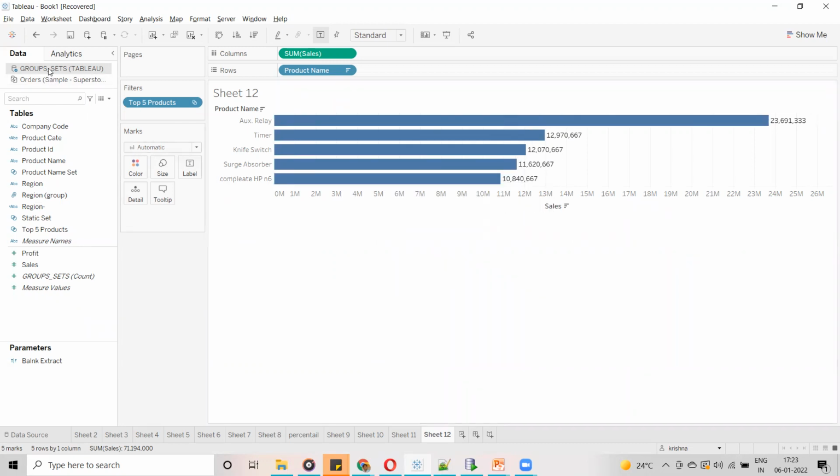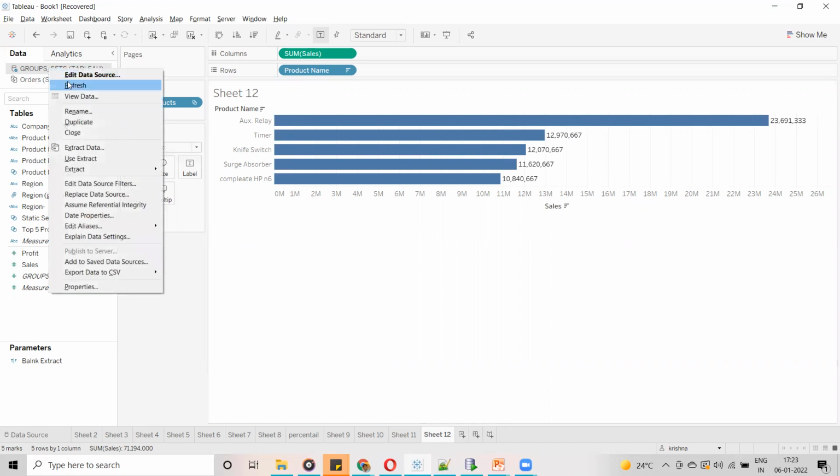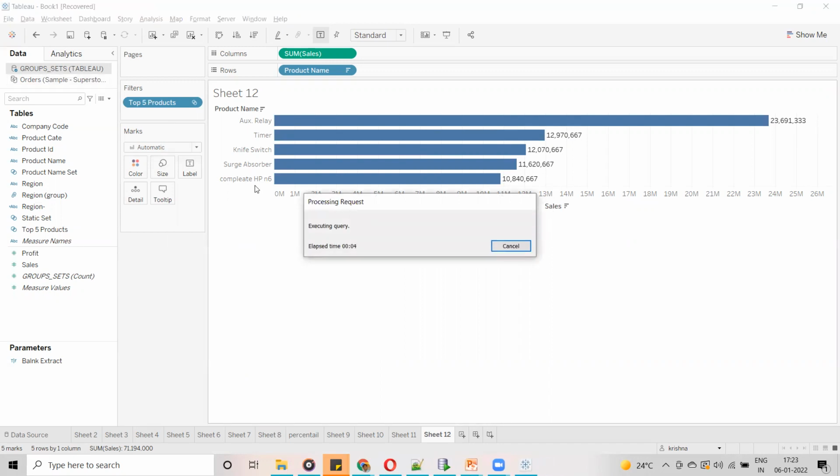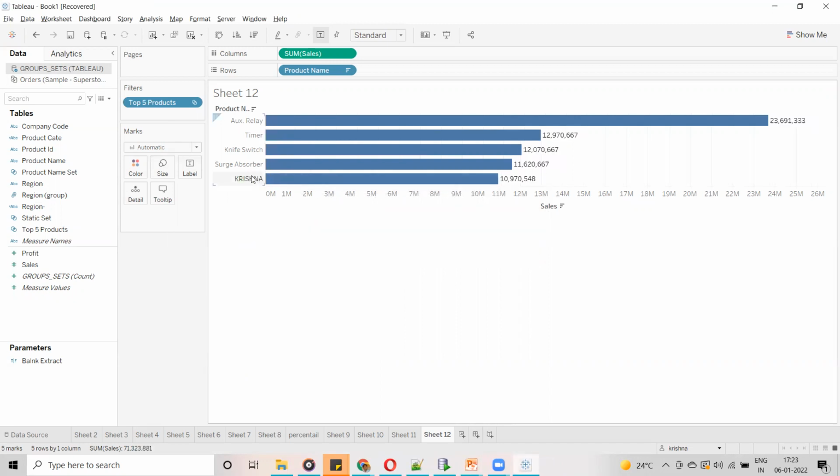When I refresh, let's observe the screen, what is going to happen. Automatically this is going to be replaced with Krishna, means it is going to go outside, and based on our condition it is going to change with Krishna.